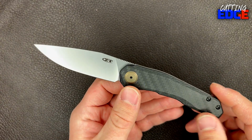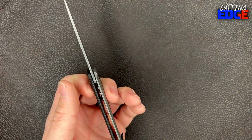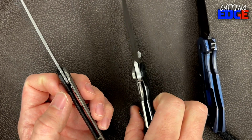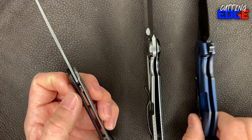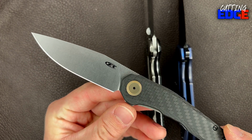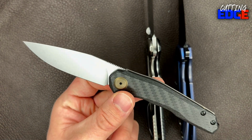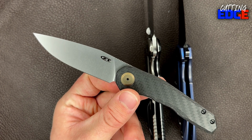It definitely seems a little out of place next to the other ZT knives. I'm just going to leave these sitting. I'll flip this one over. I'm just going to flip them both over just for the heck of it, just so we can see the girth. Okay. I mean, this is definitely a little bit out of place when you compare it to just the overall build,